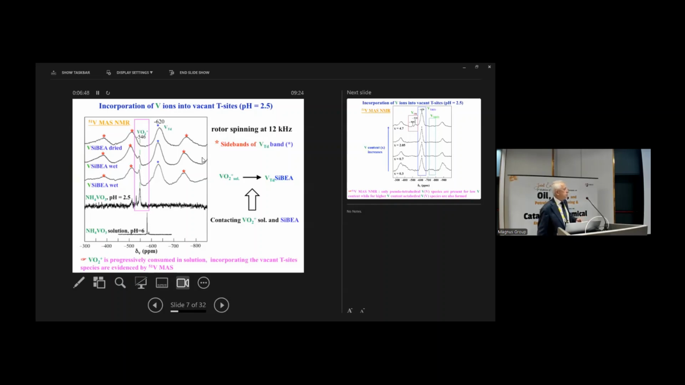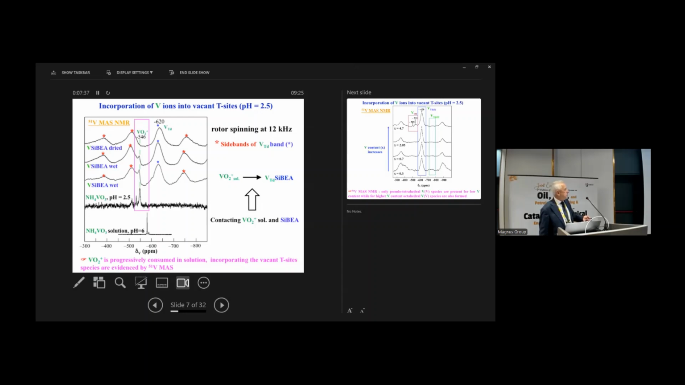Now, using different techniques, we can confirm that incorporation of vanadium into vacant sites really takes place at pH 2.5. In this condition, we can see that at pH 2.5 there is a specific event related to the presence in the solution of ammonium metavanadate of VO2+, and this VO2+ peak disappears as a function of contact with Zn-BEA zeolite. The intensity of this peak is decreasing and